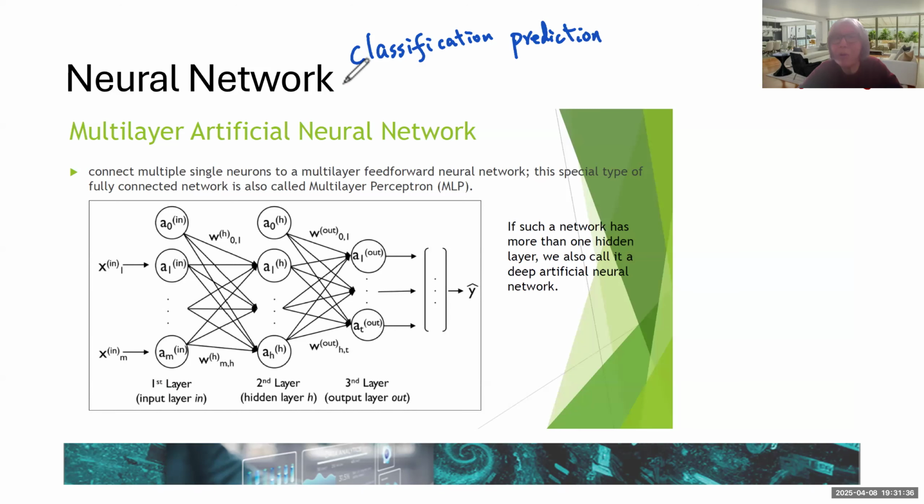A neural network can also do some other tasks, not just classification. It can also do regression, generative AI, and compression, so some other tasks. So the basic idea about a neural network